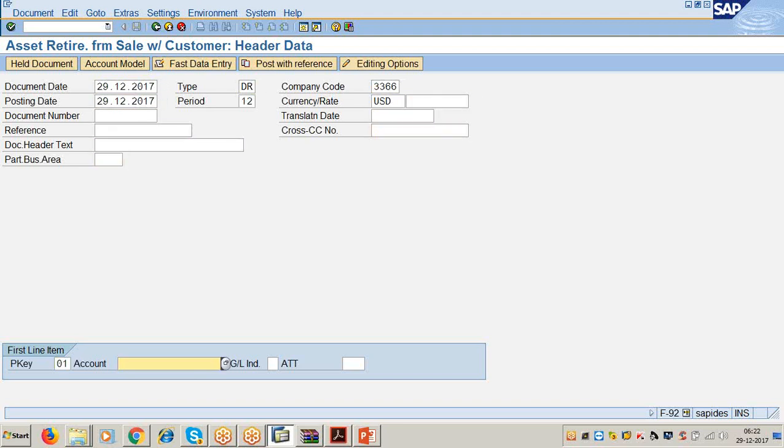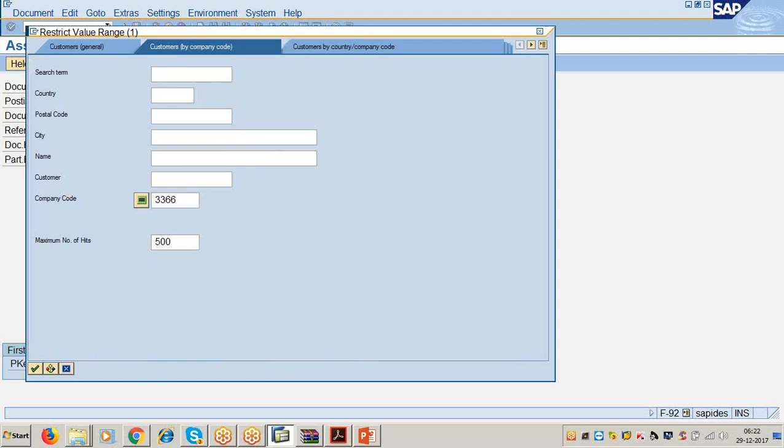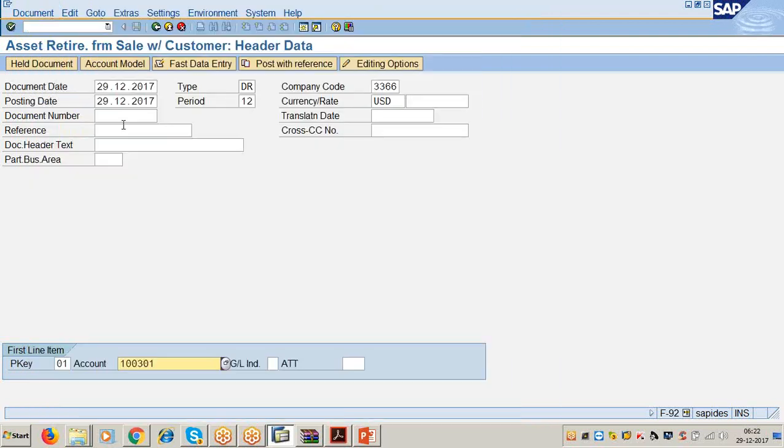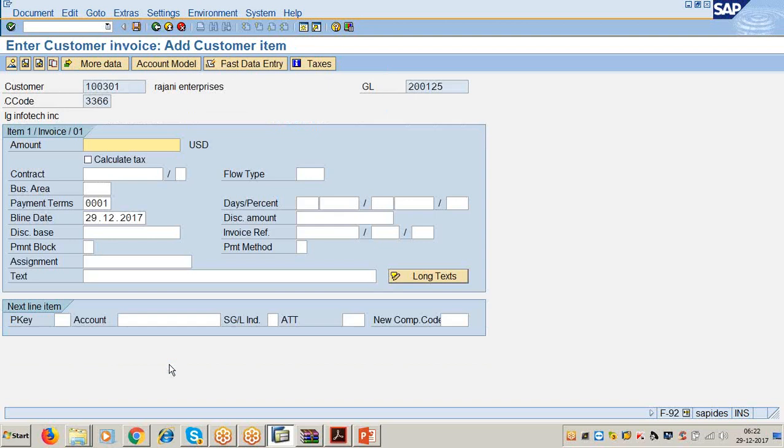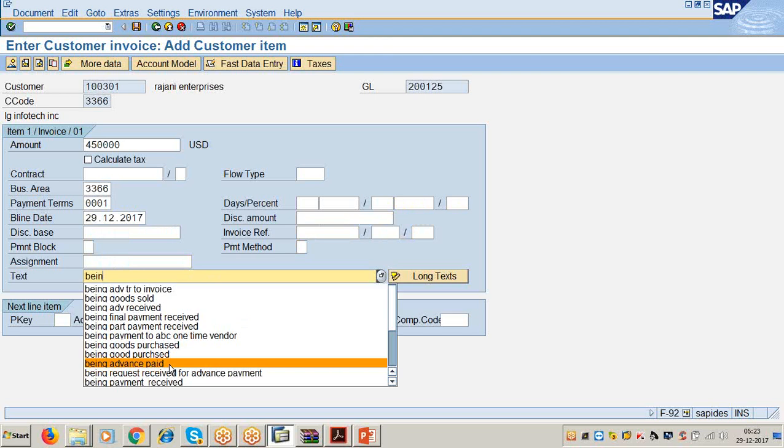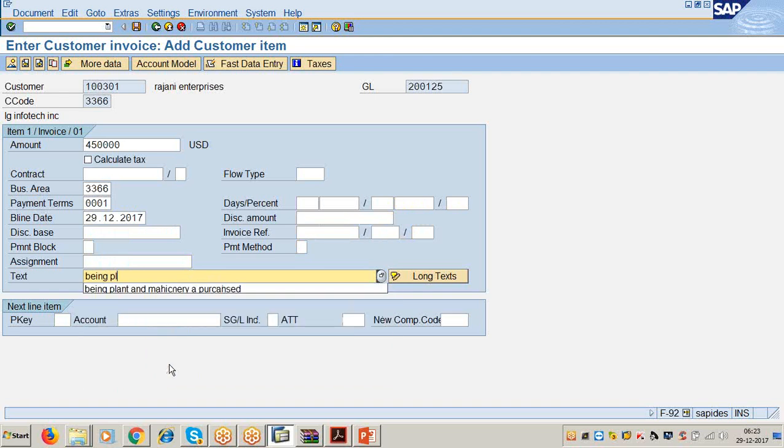Account is customer number 1,03,01. Click on enter. Amount is 4,50,000. Business area 3366. Text: plant and machinery sold. Posting key 50. First,